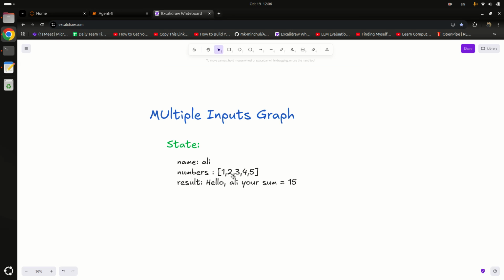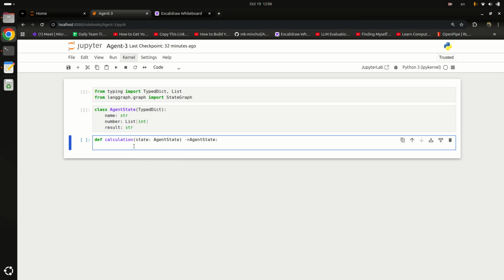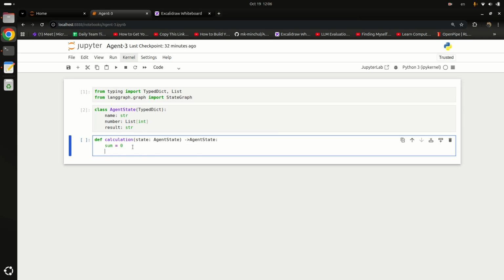What we have to do is add these numbers 1, 2, 3, 4, 5, and store it in a variable. For that I will create another variable, that is sum. Sum is equal to 0, and I'm saying for num in state numbers.